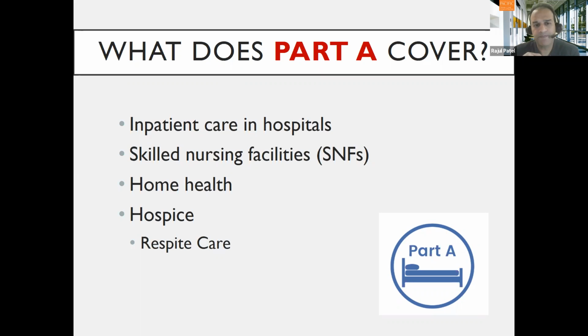Respite care is an unfortunately underutilized benefit. It is a phenomenal benefit. The roughly 63, almost 64 million people who have Medicare, about 85% of them are 65 and older. And if they're married, frequently their spouse is also an older adult. So let's think about the scenario. I'm an older adult and I'm on hospice care and I'm married. So my wife is likely also going to be older. And so the primary caretaking responsibilities are going to fall to her, right?